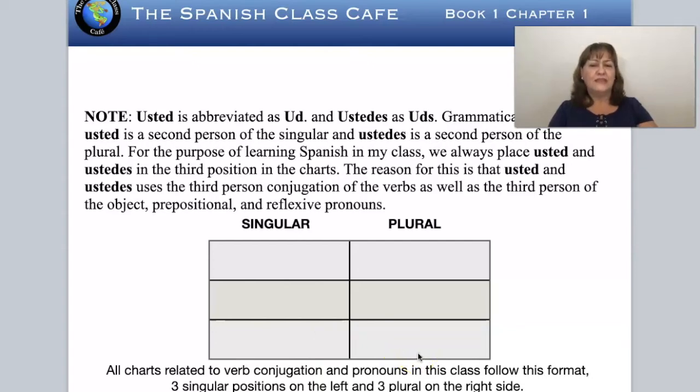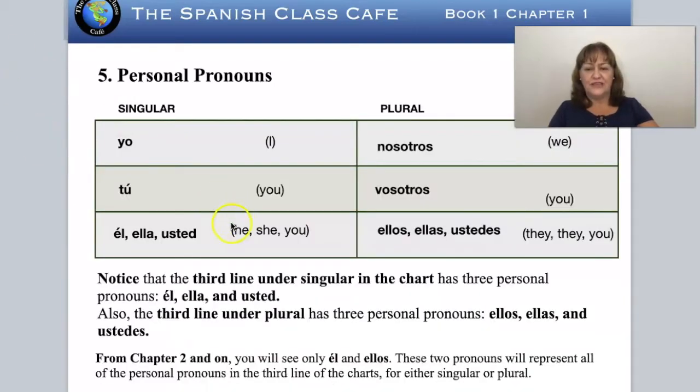That doesn't mean that usted and ustedes is a 3rd person. It's actually, grammatically speaking, a second person. But I put it in the 3rd position, as you can see here, with él and ella, because it is convenient for me to teach you that way, because I use the same format of